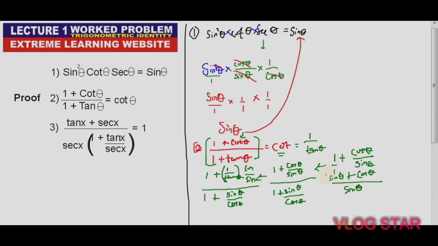So let's keep this one first. This is the first thing we got up here. The first one we have here, let's drop it for only the numerator. Now let's simplify the denominator. In the denominator also, now let's find the LCM in the denominator. This is more like over 1. Now let's have this all over cos